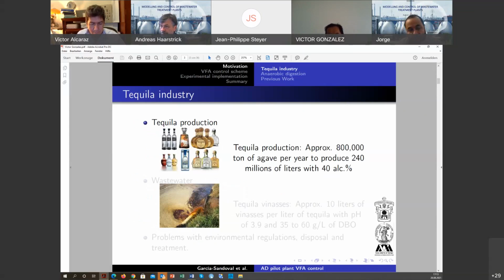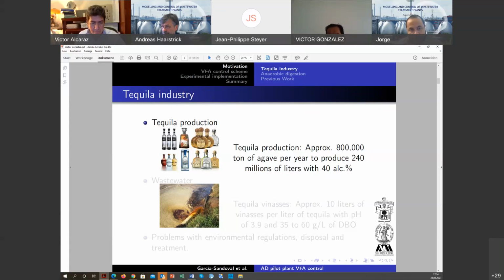Jorge also showed some data about the tequila production. Okay, this is, with no doubt, the best known alcoholic beverage from Mexico. The production is increasing at least 10%